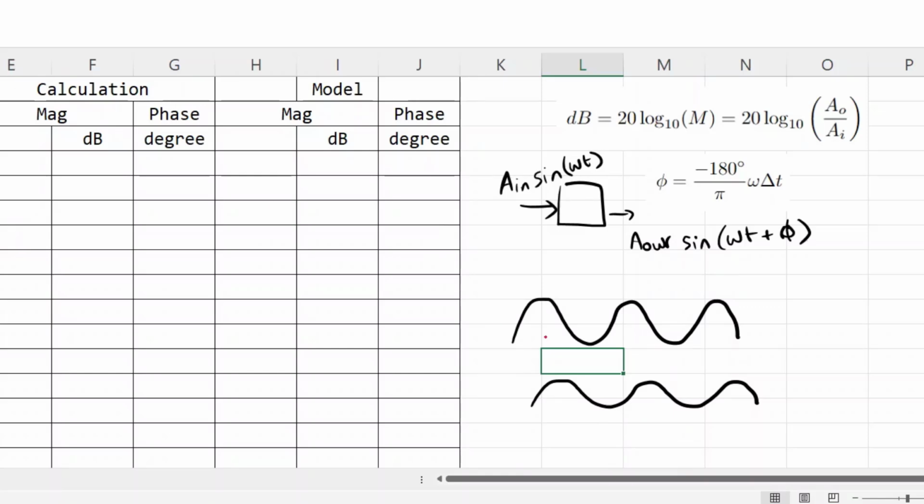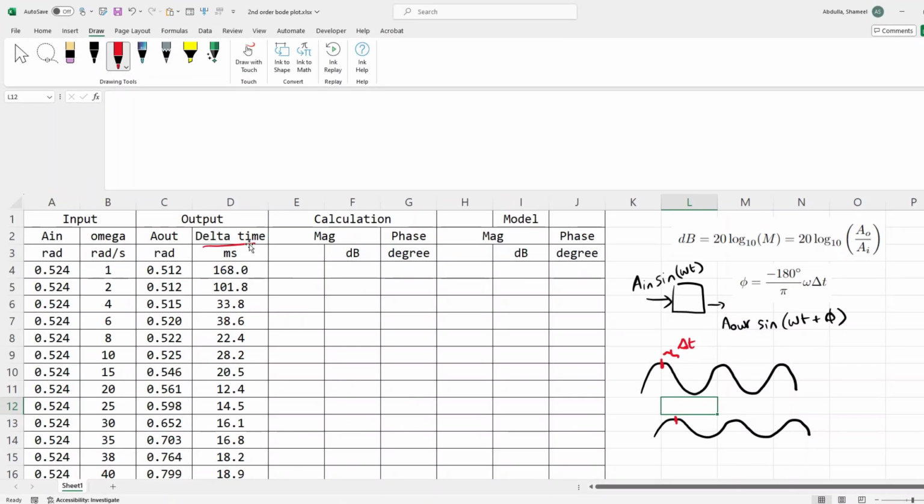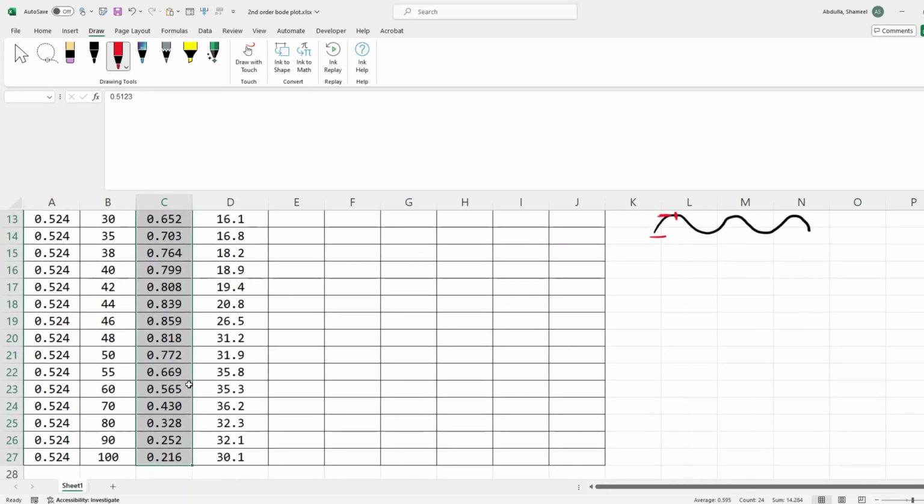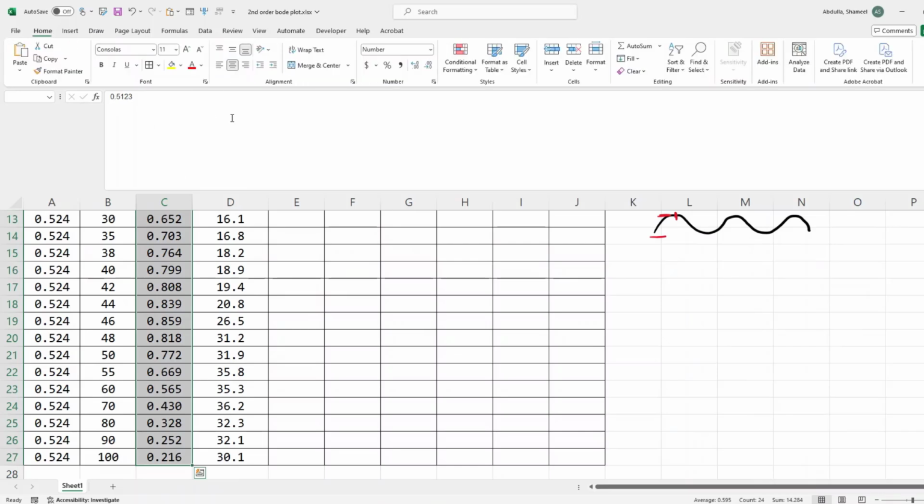So to get the phase, we measured features and the time difference between two features. So this is our delta t, the delta t that we recorded. And the new amplitude is what we recorded as A out. A in we kept the same. This is pi over 6. Okay, so you can see the amplitude is changing over time, and if we look at it,